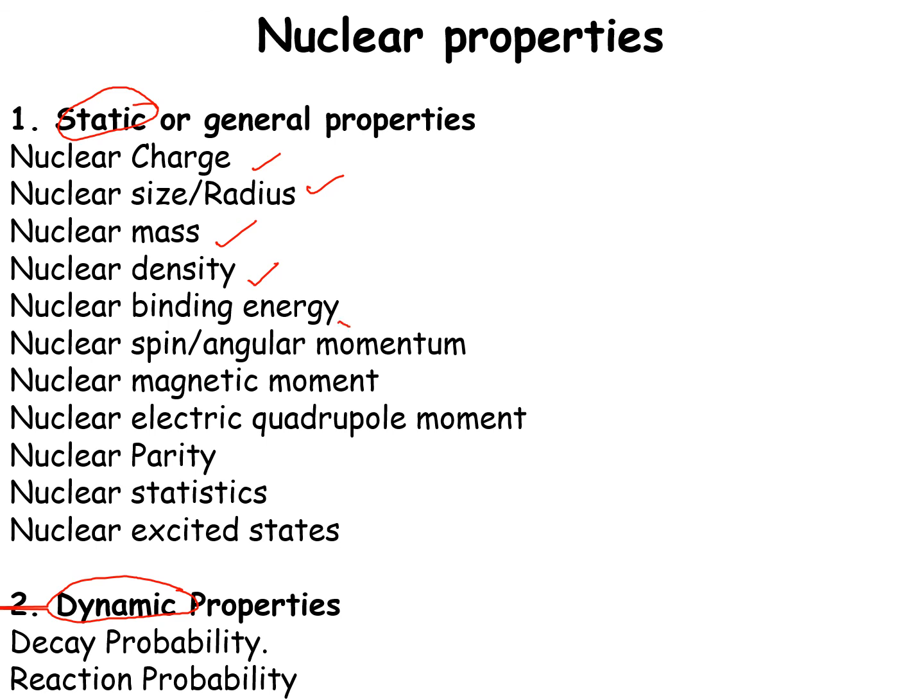Then we have nuclear binding energy, by which the nucleons are bound within the nucleus. Then we have nuclear spin and nuclear angular momentum. Then nuclear magnetic moment, nuclear electric quadrupole moment, then nuclear parity, then nuclear statistics and nuclear excited states. So these are the different static properties of the nucleus. In the dynamic properties, we have decay probability and the reaction probability. Our aim is to understand